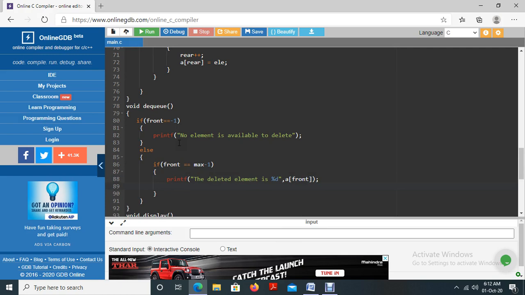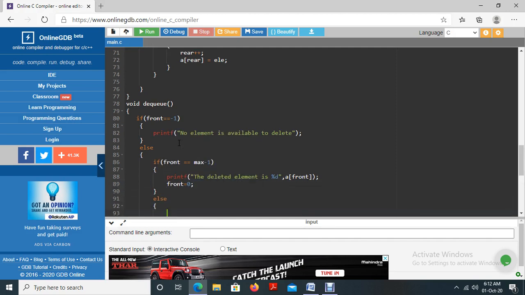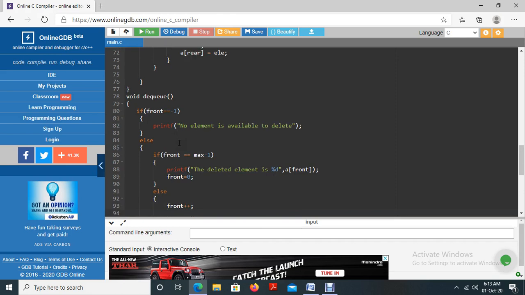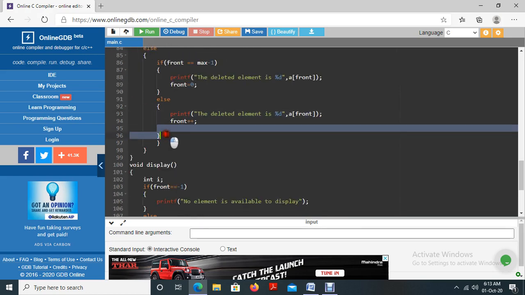After that, we are assigning the value of front to 0. Okay. If this condition also fails, it's a normal case of deletion. What we will do? Increment the value of front by 1. Before doing that, we have to display the value for deletion and increment the value of front by 1.